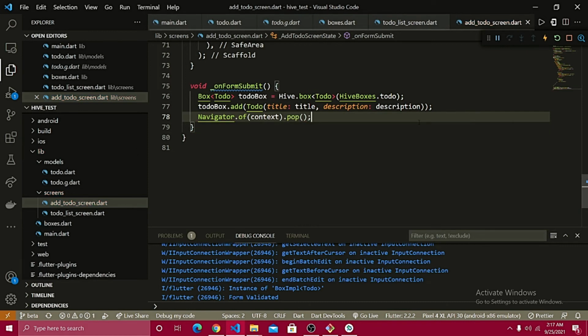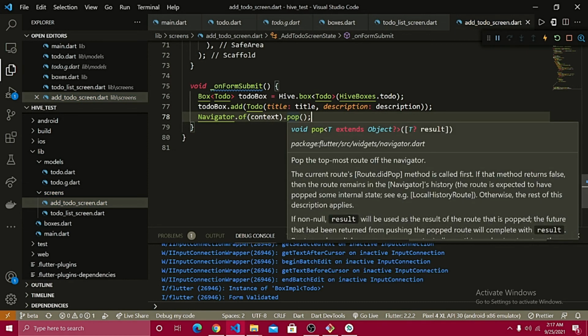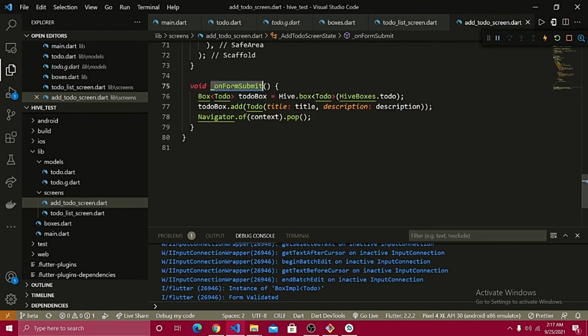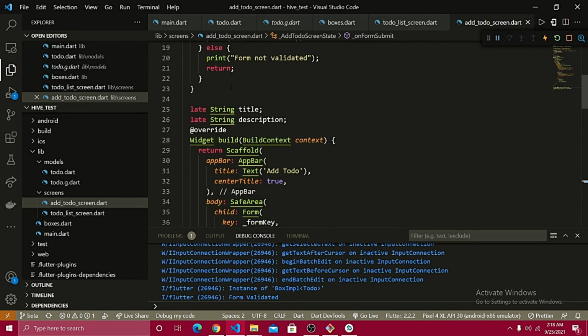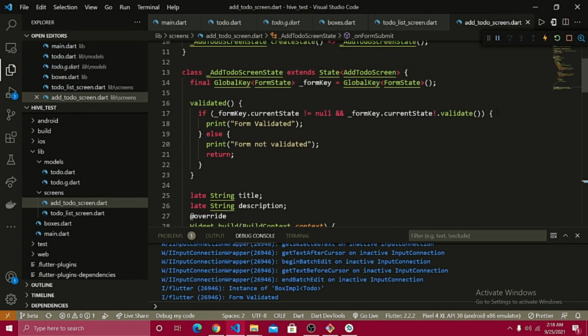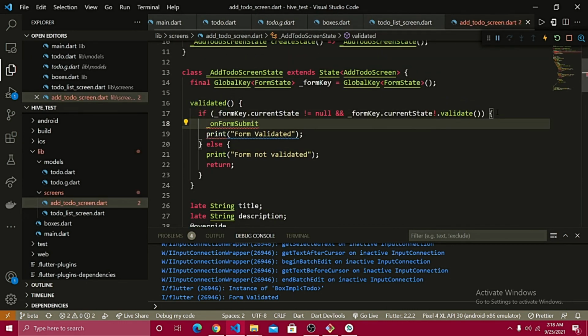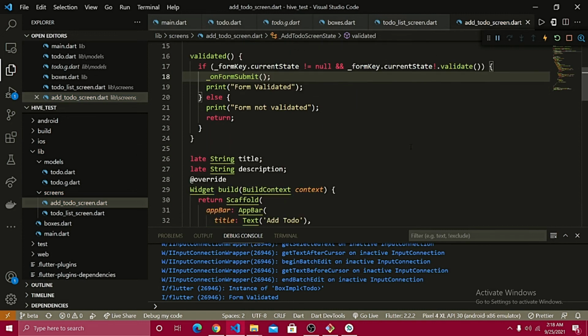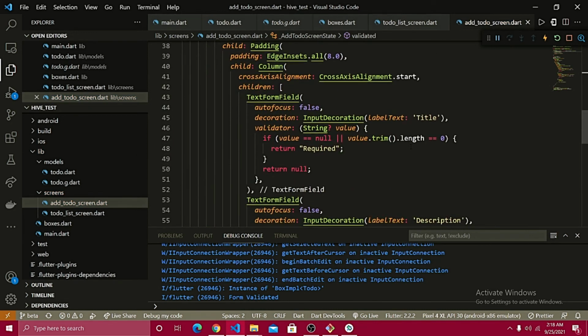All right, so if you just hover on it, you can see that the current route method is called first. If the method returns false, then the route remains in the navigator history. So that's the main purpose of using it. I just need to call this function when the form is submitted. So that's where I have defined it, and the last thing that we need to do is to set the state